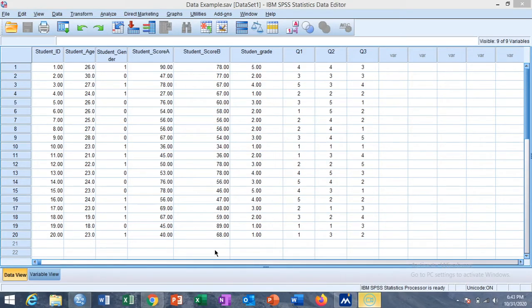This is Shakil Ahmed. In today's tutorial, we learn how to perform a linear regression analysis in SPSS. The basic purpose of performing a linear regression is to see the causal effect relationship between two or more variables, where one variable is taken as dependent and the remaining variables are taken as independent.